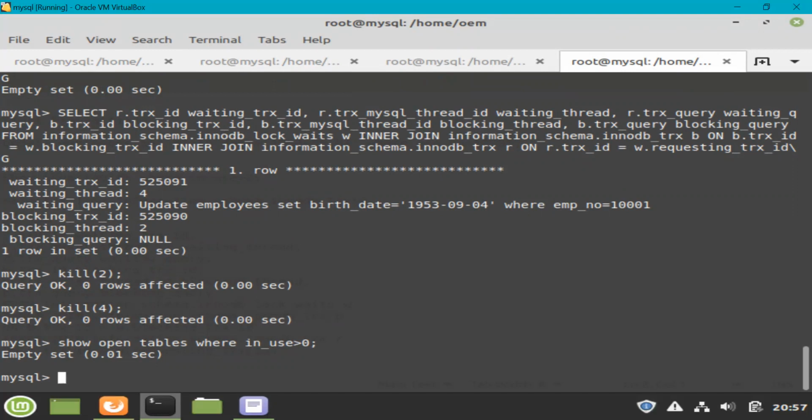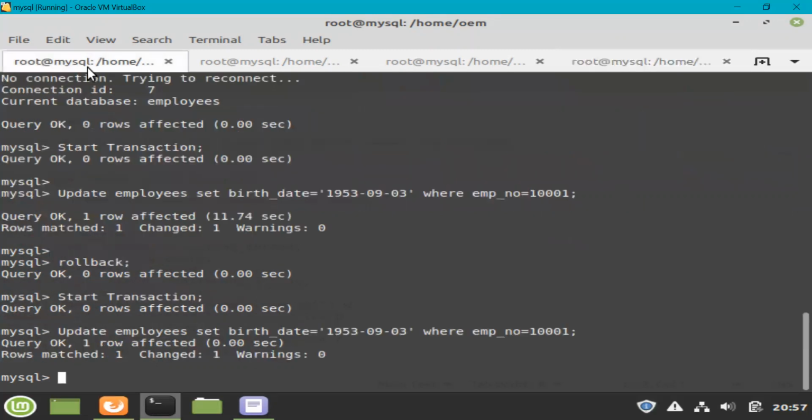But when there is any command which is running, it will tell you that this table is being blocked. So this is also not exactly related to blocking, but this is also a useful command which you can use in your production environment, right?